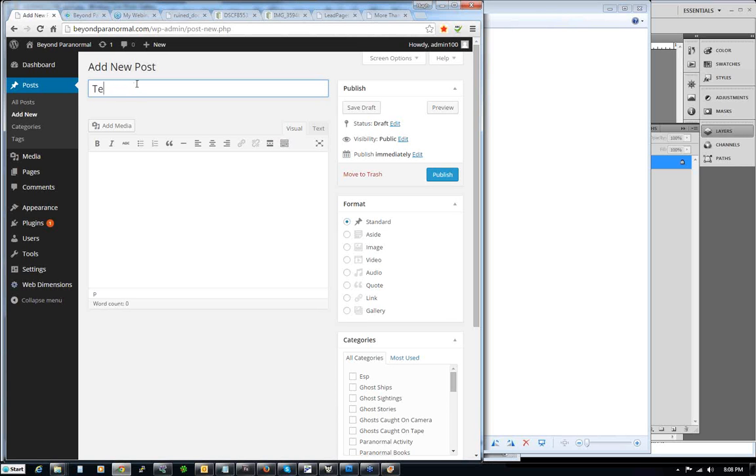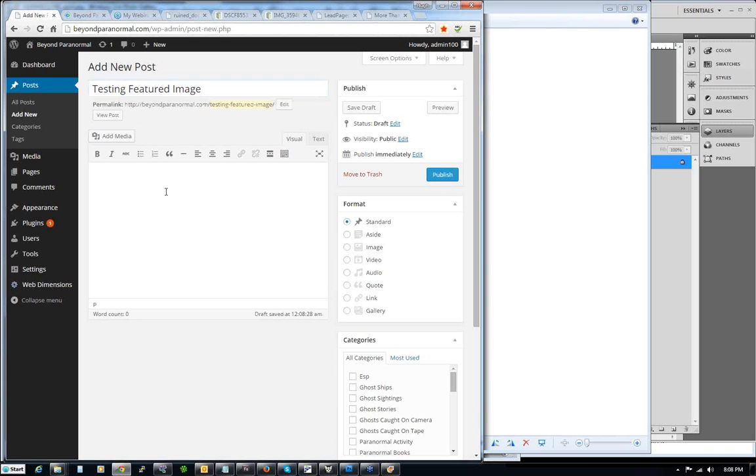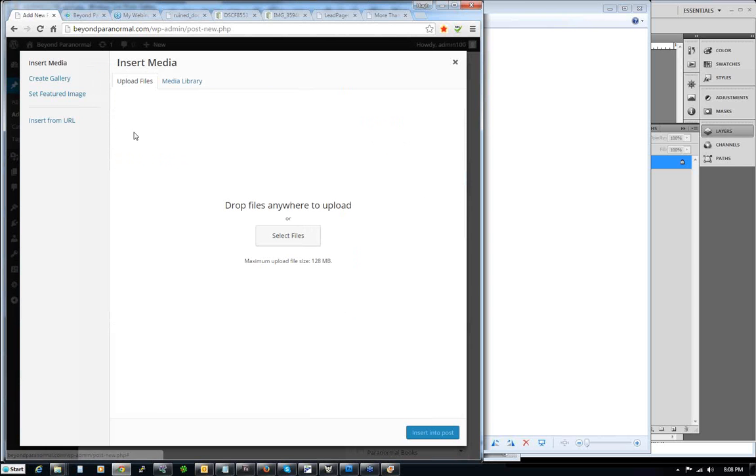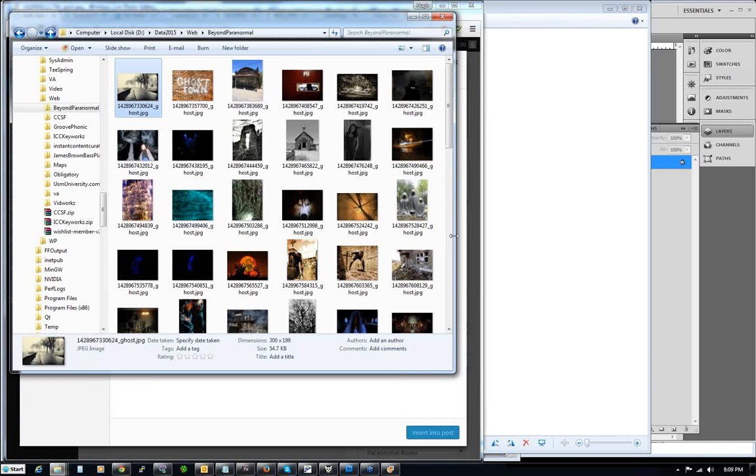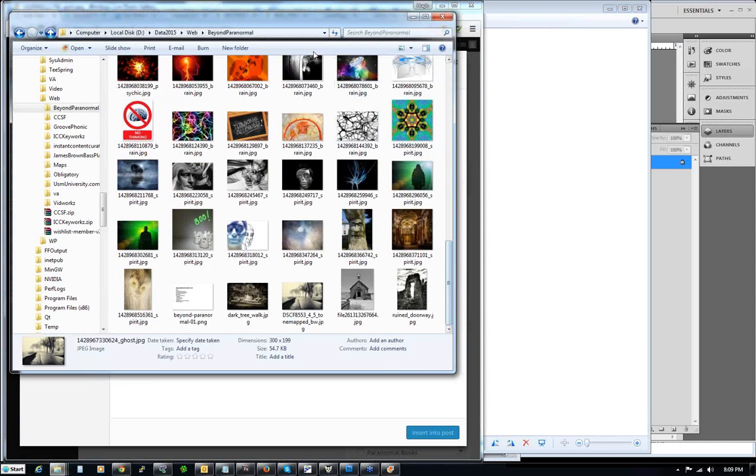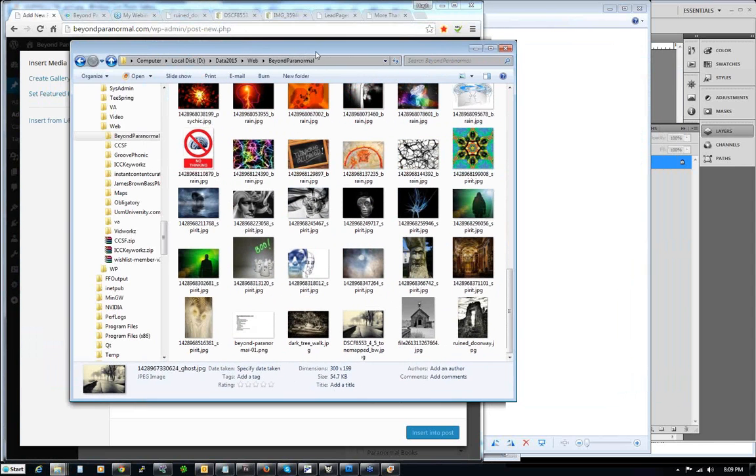I'm not going to keep this on there, but just for you, I'll make it a test of a featured image. And I want to use one of the really big ones that I downloaded today. It used to be that, when they didn't worry so much about the mobile stuff, you could put an image as a featured image and it would kind of go off in its own direction on the blog. And now they're making it look like that look that I showed you with the webinar page,